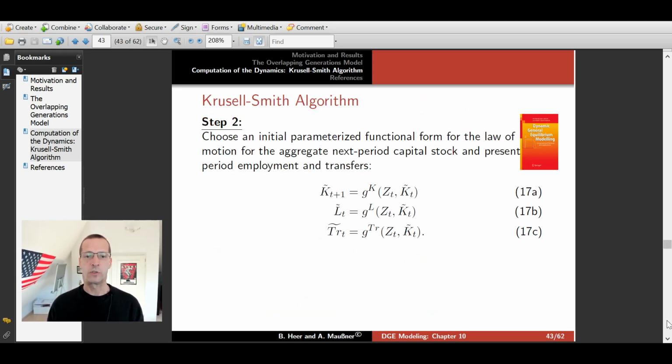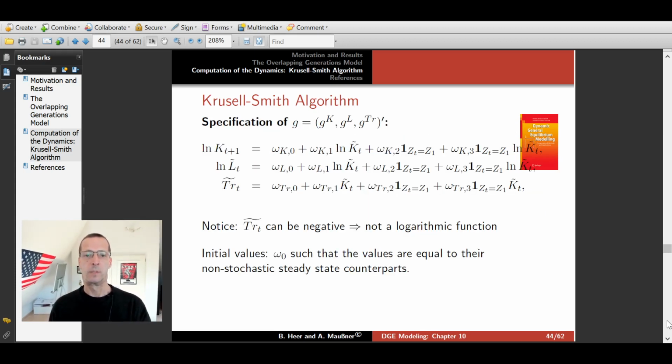Step 2, we have to choose an initial parameterized functional form for the law of motion for the aggregate next period capital stock K prime and present period employment L and transfers. So we choose the functional form for the next period capital stock K_{t+1}. That's chosen by Krusell-Smith. So we choose a log-log specification so that the log of the aggregate capital stock next period is a linear function of the log of the capital stock in this period. And we also account for the technology